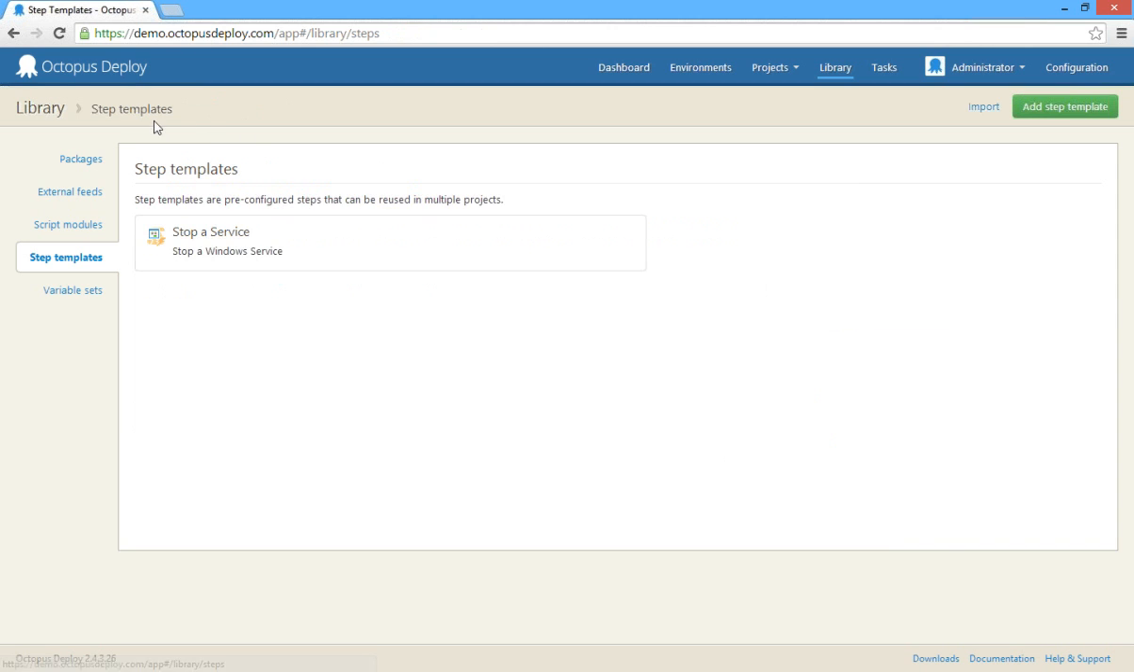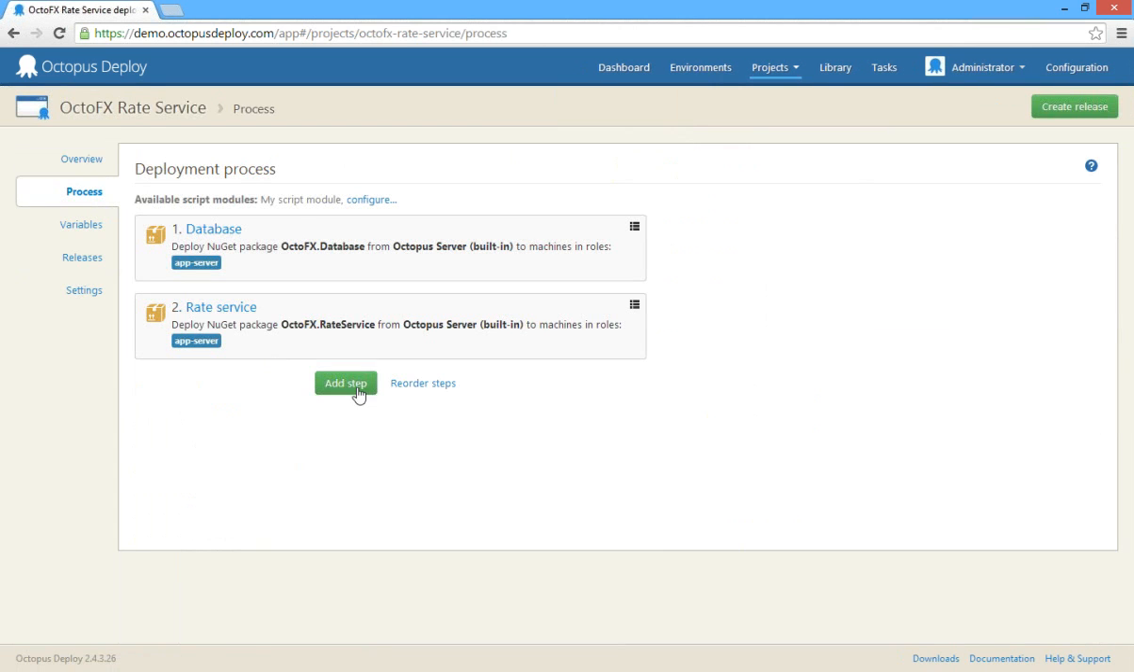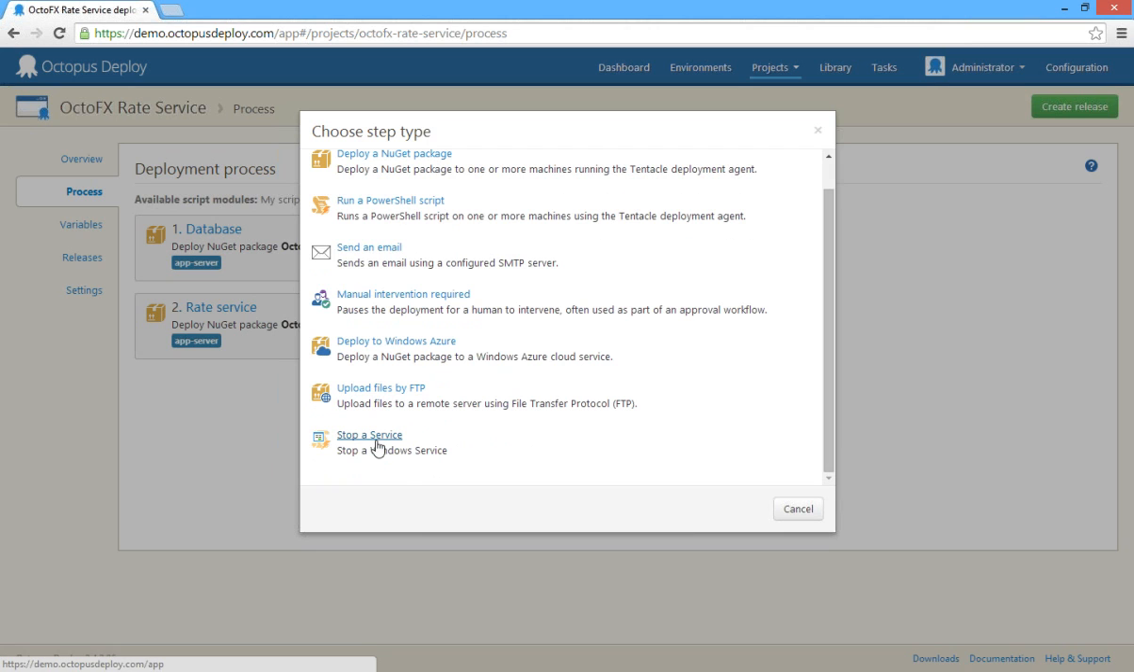So you go in and you set up these step templates. Then as part of your project definition, we can go in and we can click Add. And those step templates appear as just another thing that you can add to build out your deployment process. And so when we select that,